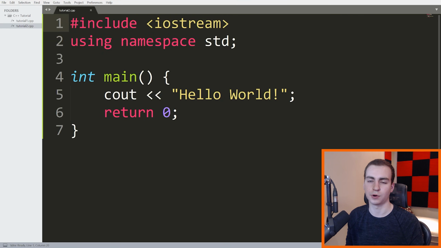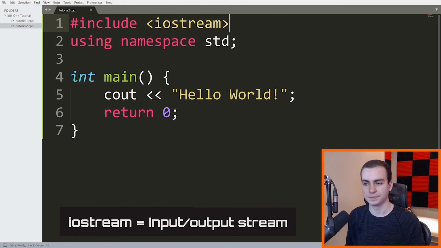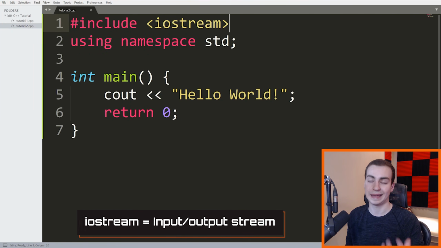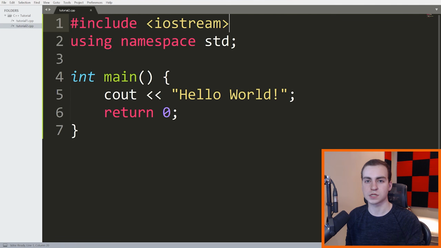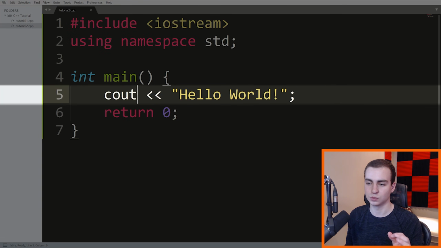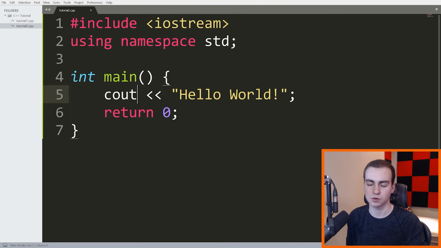So in a library, there is a ton of code. And what a library is, is kind of a set of features or functionality that us as programmers can have access to. So for example, this IOStream library, this stands for input output stream. This allows us to input or get input from the console or output something to the console and a few other things as well. This is what allows us to actually use this right here called cout. So cout, what it's doing is character output, right? It's outputting characters to the screen.